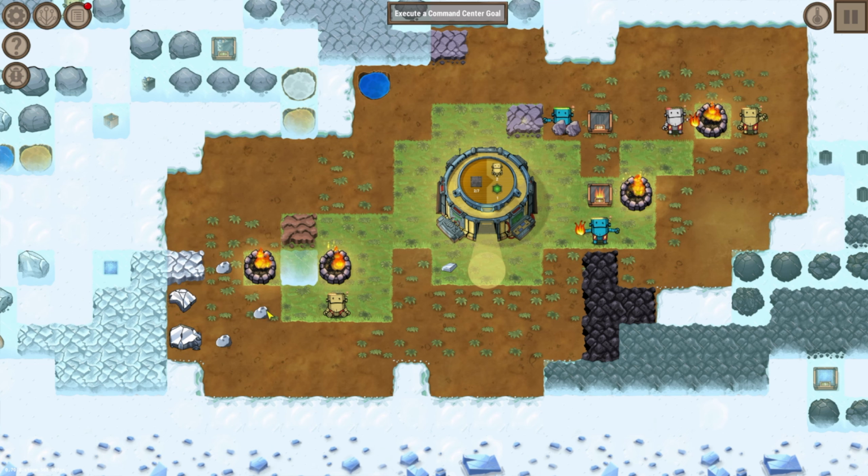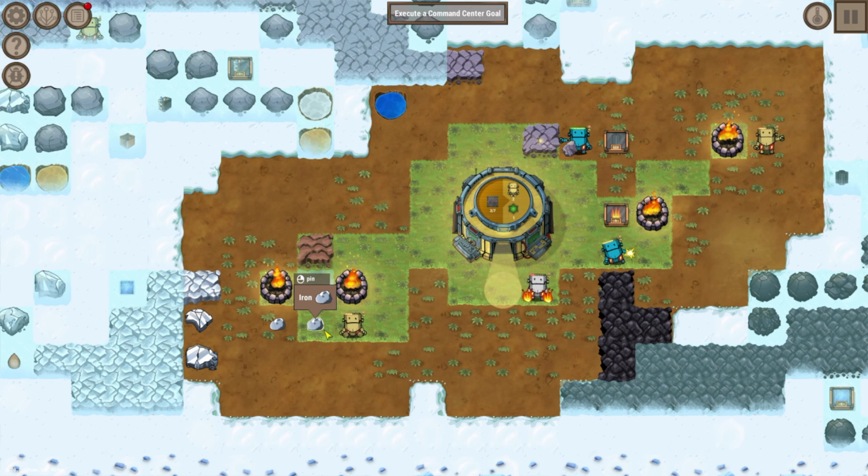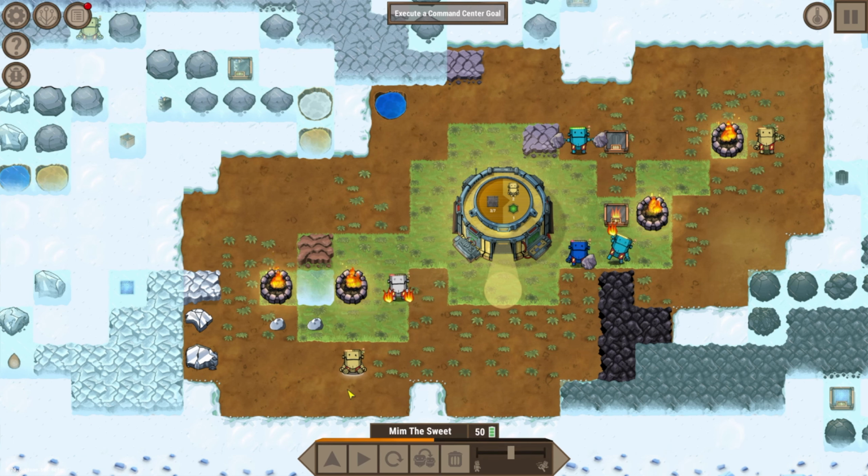So that'll be a great way for me to just get some extra bots by just finishing this up real quick. So I'll finish this up, and when we come back next time, we'll have a couple more bots, and we'll start getting some iron mining facilities set up over here, so that way we'll be good to go for our next level of